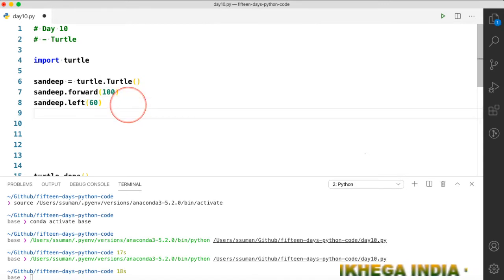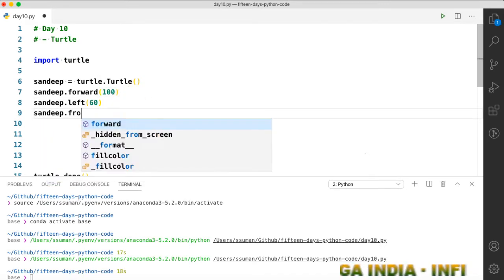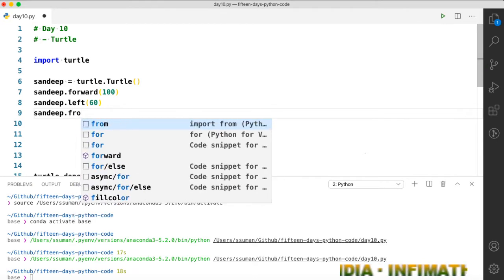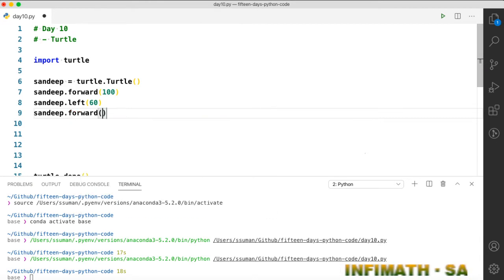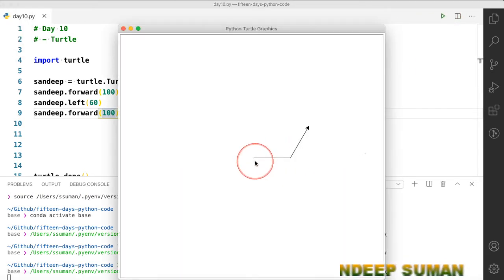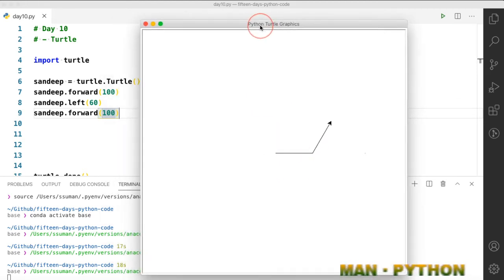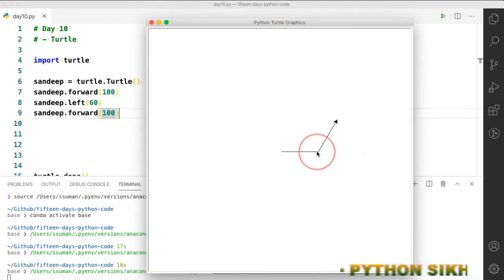Now if we do forward 100 pixel again, it will move 100 pixel towards 60 degree. You can see that first it went 100 pixel along this line. This is the default direction. Whenever you start your turtle it will always move in this direction. If you want to change the direction you first have to use the left or right command.